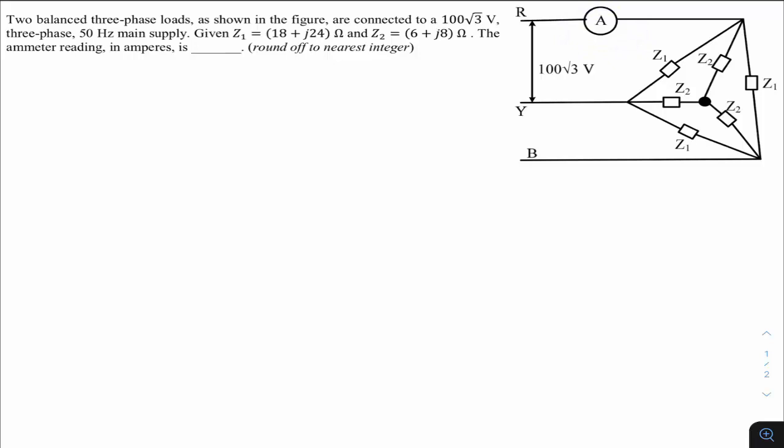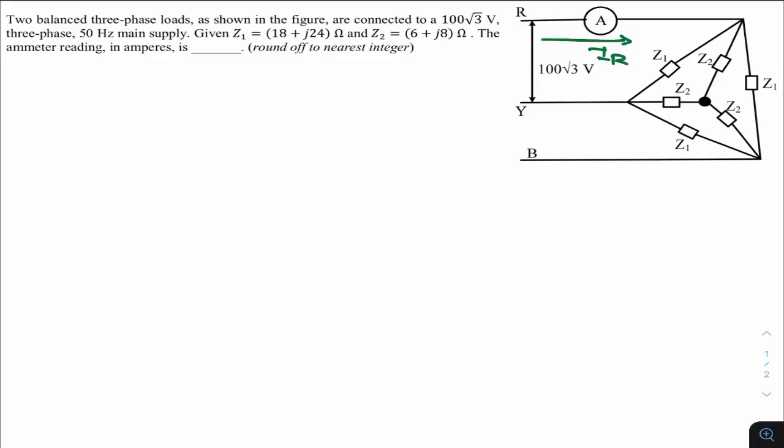You know very well, an ammeter always reads the magnitude of the corresponding phasor. So ammeter means it will read currents. I need to find basically this particular current. This is the line current, the R segment current. So naturally you might be getting the idea. By observing the circuit, we will be converting the inner star into its equivalent delta. This is Z2, Z2, Z2, this is a star. We'll be converting it into its delta model